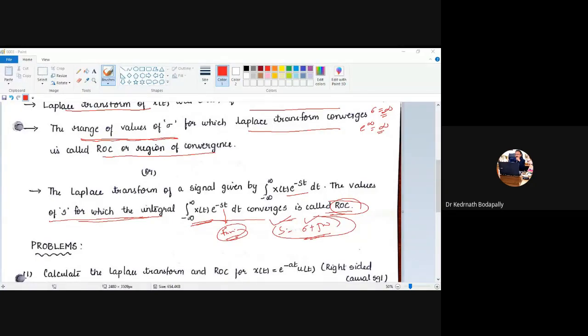My request to all of you is that if there is any problem, immediately come back to the faculty member and clarify the doubts. The subject is very difficult, and I also request all of you to practice it. Unless you practice, it is very difficult to reproduce in the examination, because it is completely mathematics oriented. But I can also say that this subject is one of the scoring subjects.